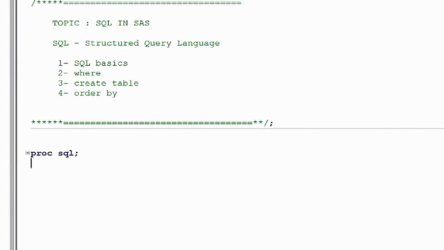This is my data set. I want to print all the observations from this data set. For that, I'll use the select statement. How do I write it? This is how we write it: select star from mortality. So this is the first thing that we learn in SQL.